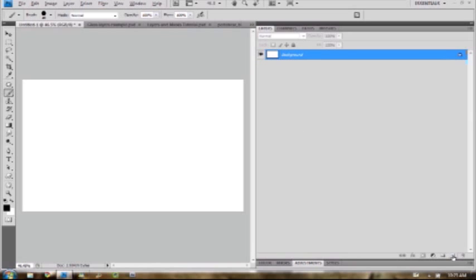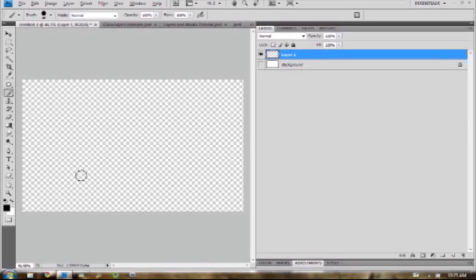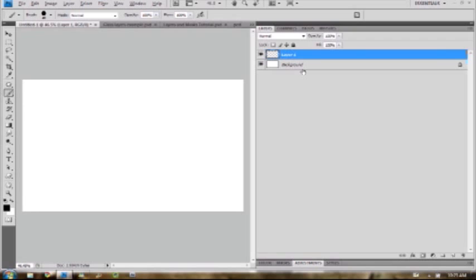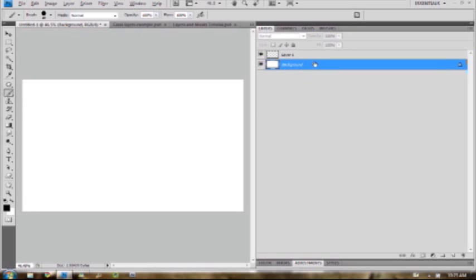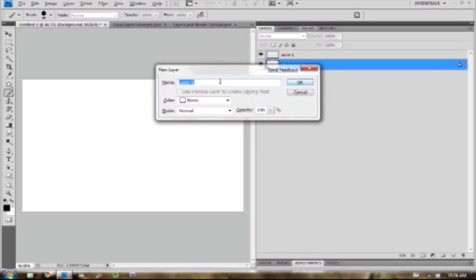Down here in the Layers palette, there's a specific button, New Layer, and it opens up, and what you get is a transparent sheet. Now you can think of this as a sheet of glass on top of your white background layer. Now the background layer you're not exactly stuck with. You can get rid of it at any point. It is locked, so it's a little bit more difficult, but if you double click on the name, it opens up a dialog where you can name your layer